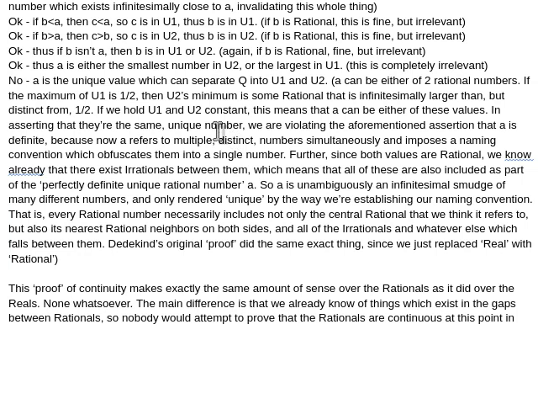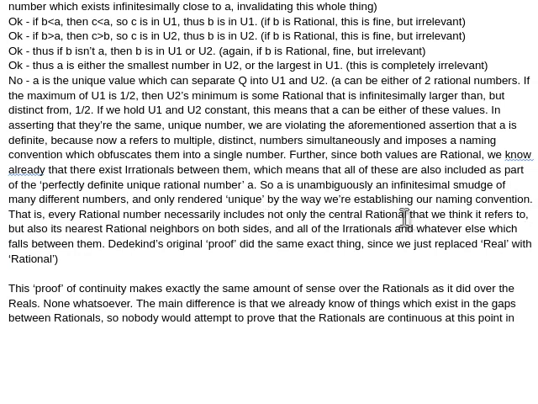in asserting that they're the same unique number, we are violating the aforementioned assertion that A is definite, because now A refers to multiple distinct numbers simultaneously and imposes a naming convention which obfuscates them into a single number. Further, since both values are rational, we know already that there exist irrationals between them, which means that all of these are just included as part of the perfectly definite unique rational number A. So A is unambiguously an infinitesimal smudge of many different numbers, and only rendered quote-unquote unique in the way we're